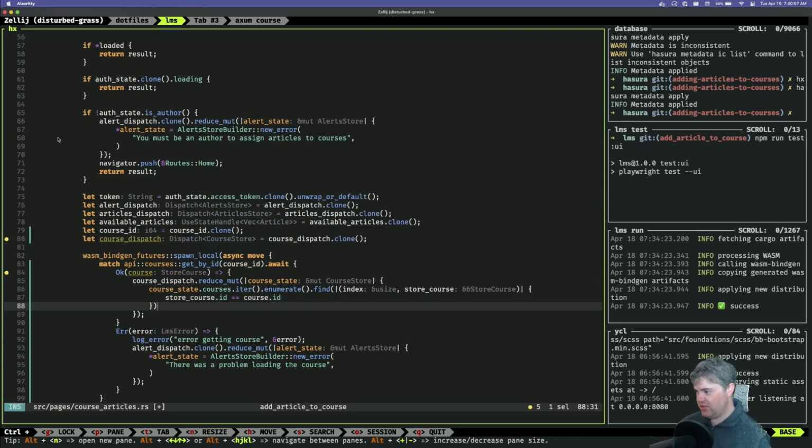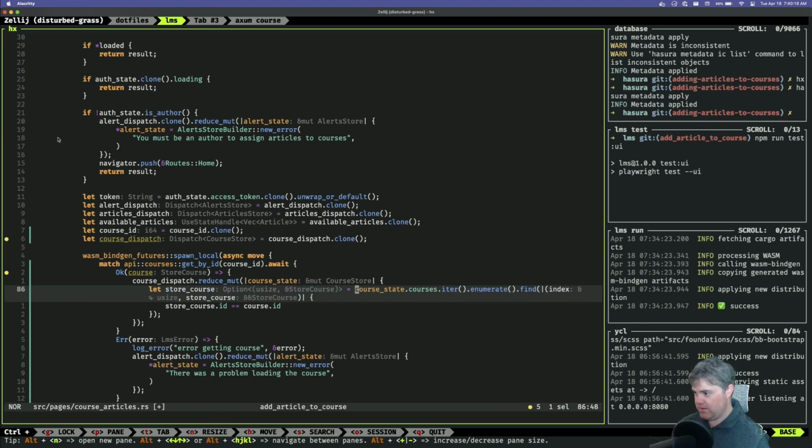So if I find it, this is going to be the store course. Oh, nice. Okay, so this gives me an option with the index inside. So if we find it,